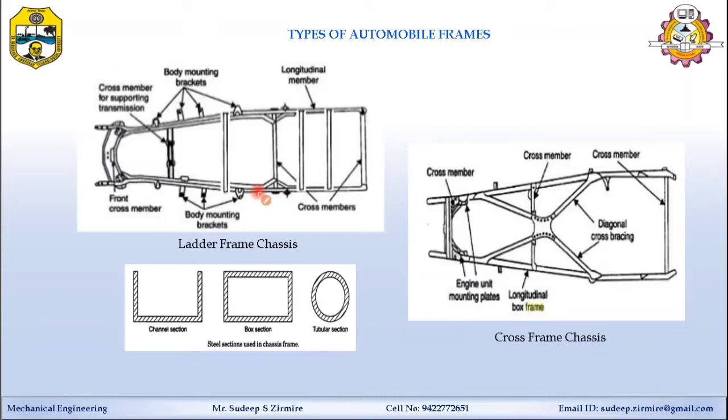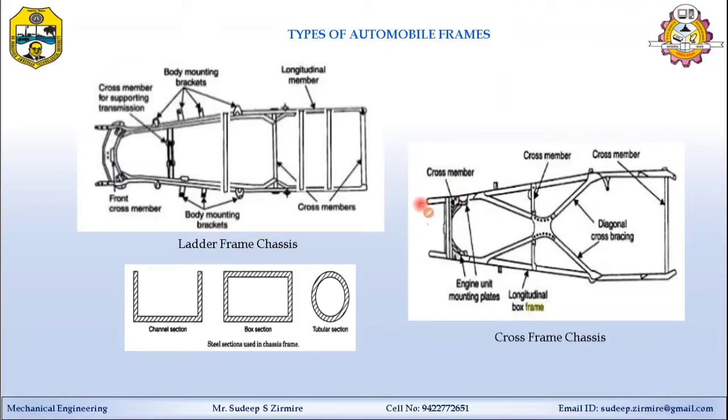And this frame furnishes the structure that supports the transmission system, engine, and other body parts like the shock absorber, spring, and shackle. It also maintains the correct relationship between the other related parts to perform their normal function without any strain. It also takes all static and dynamic load when the vehicle is in motion.